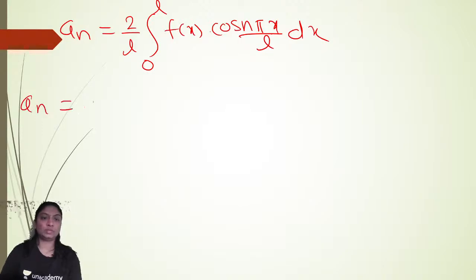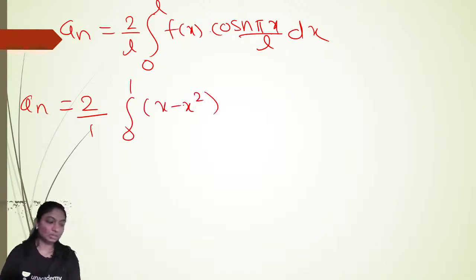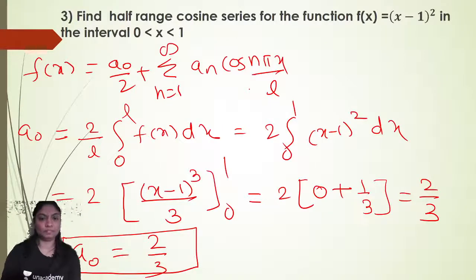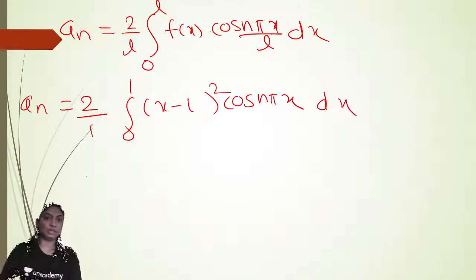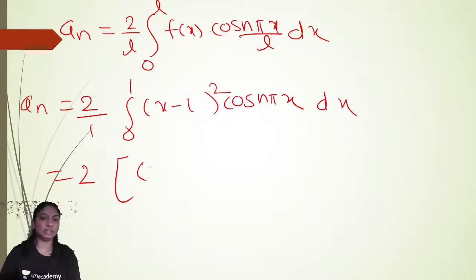So an is equal to 2 by L, L is 1, integral from 0 to 1, f of x is x minus 1 bracket square into cos n pi x. Here L is equal to again 1. So dx. So 2 into bracket integral from 0 to 1 x minus 1 bracket square into cos n pi x. Write the first into integral of second,